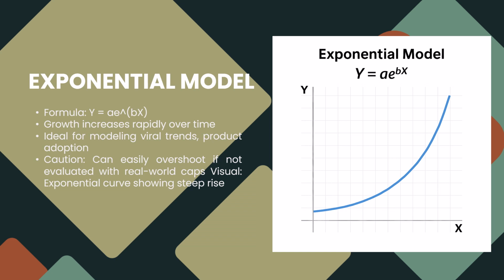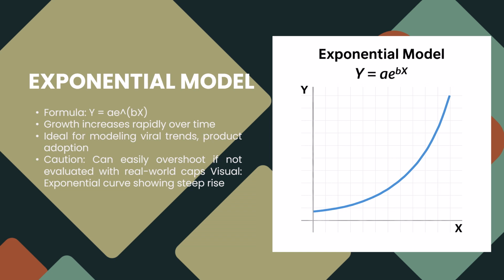Exponential models show what happens when growth accelerates. This model starts off slowly but then climbs rapidly. It's great for modeling viral trends, technology adoption, or product launches, where the momentum builds and multiplies over time. But it is important to remember that exponential models assume continued growth, so we have to apply real world constraints